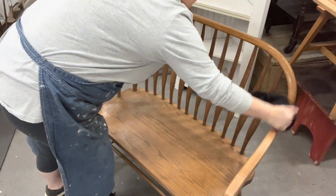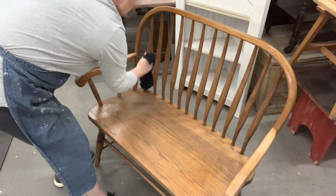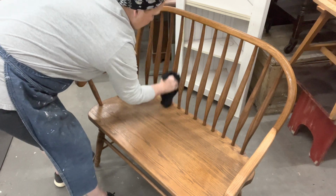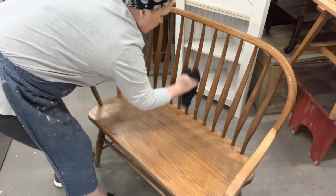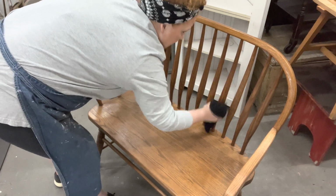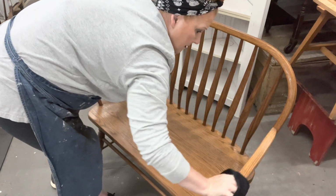I actually already power washed this bench. This was, oh my gosh, in a hoard at an auction in somebody's barn. So first I power washed it to get most of the dirt off, and now I need to make sure that I have the rest of the dirt off. Just some Dawn dish soap, some hot water,